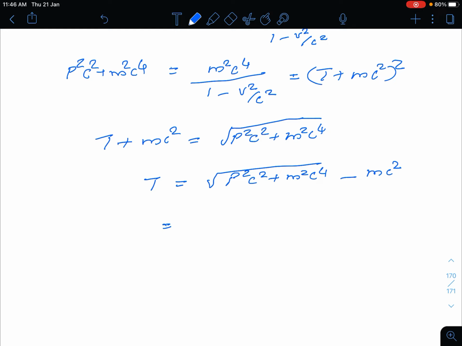Let's imagine that p is much less than mc. And we take mc square outside, so this is simply mc square into root of, I'm taking 1 plus